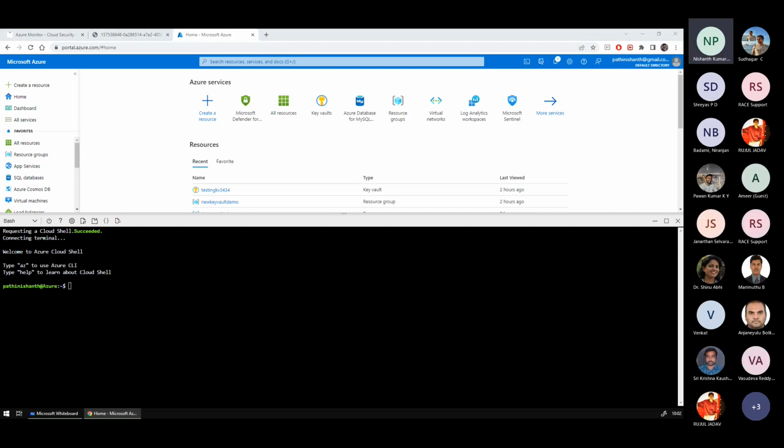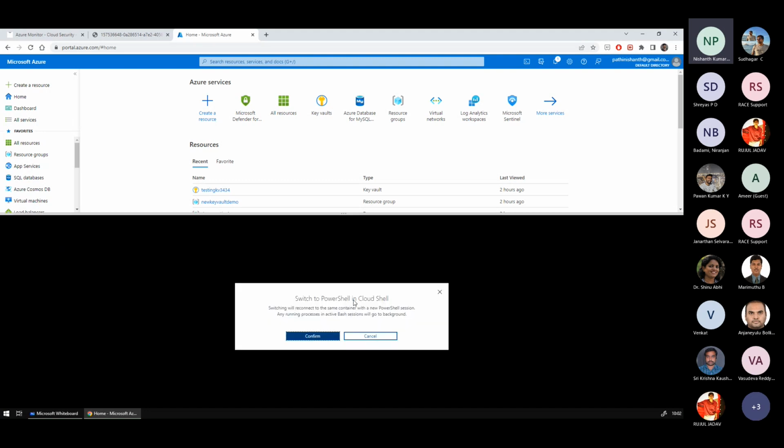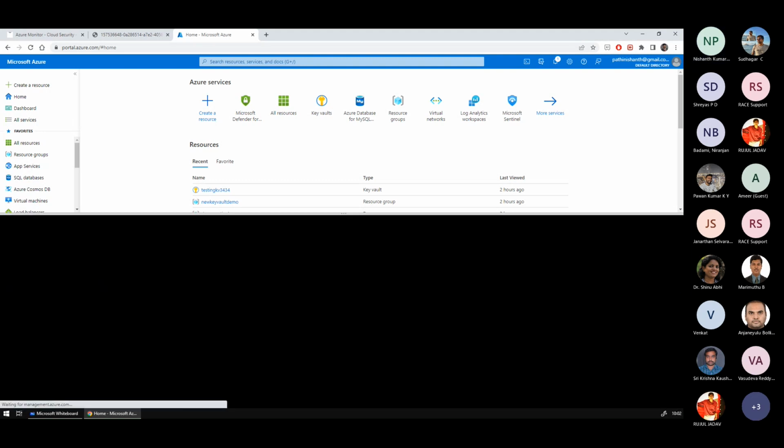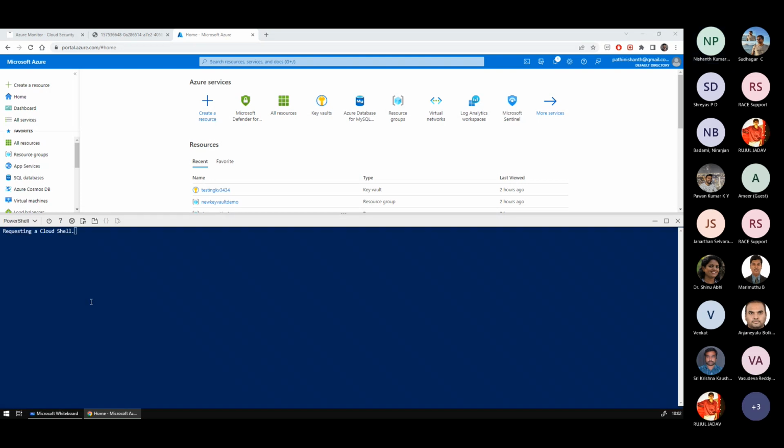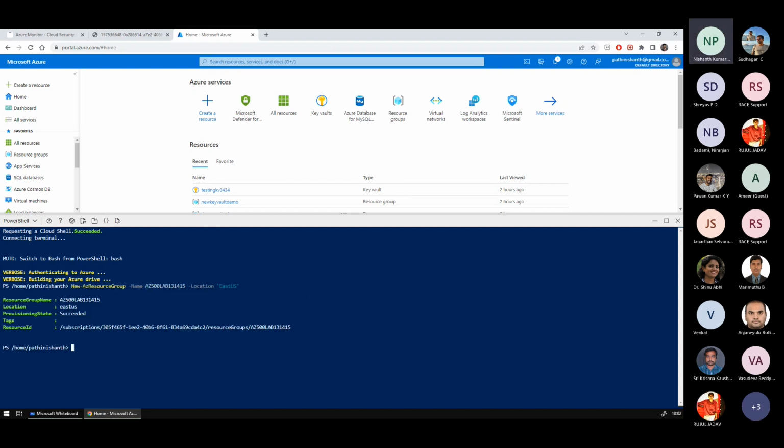Okay, let's go ahead and create a simple resource group. See, the resource group command not found. Why? Because it's a bash shell. I need to switch to PowerShell. So the resource group is created. In that resource group,